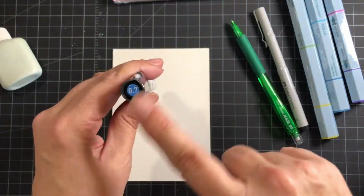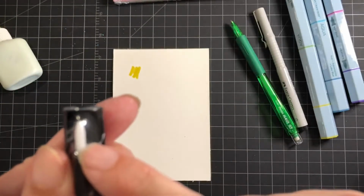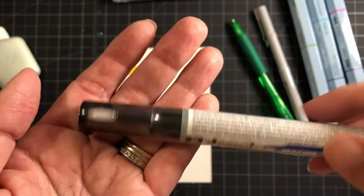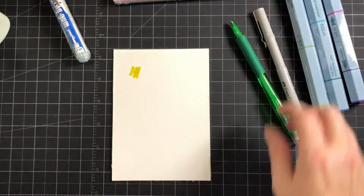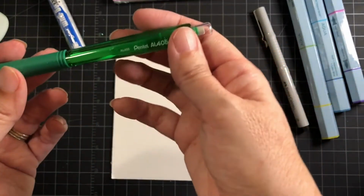This is a 0.7, so that would be a little bit thicker. I think that's the replacement nib there, so it's for if you're doing a little bit bigger areas. But sometimes I just want little fine lines of the paper left. And then I always love